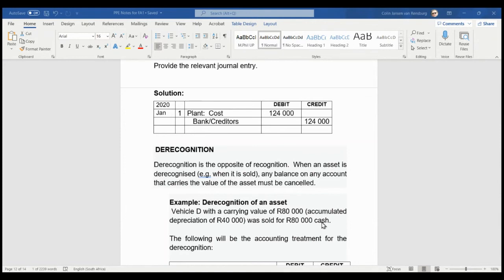Okay, now I've got a lot of answers there. You can't deduct them, ladies and gentlemen. You've got to work backwards, like everyone says there now. Shamila asks how. Well, we said earlier, remember, it's part of these notes. We said that your cost minus your accumulated depreciation gives you the